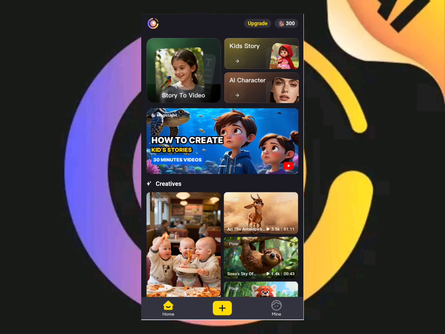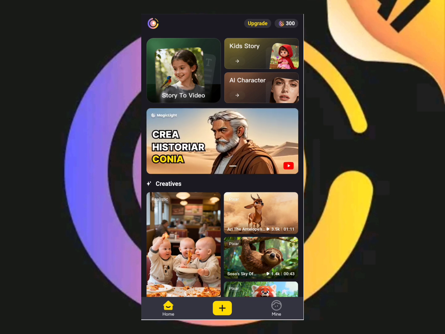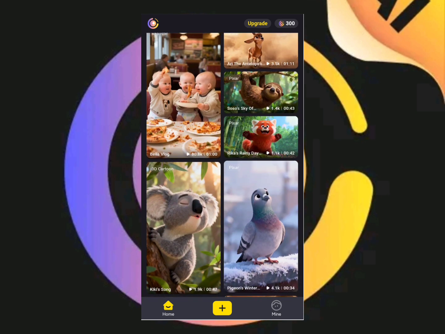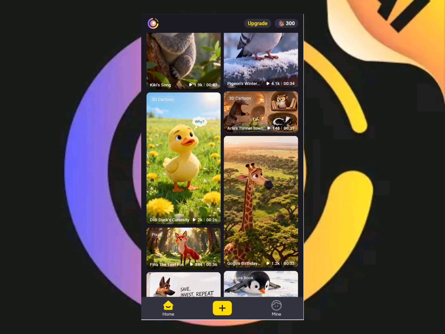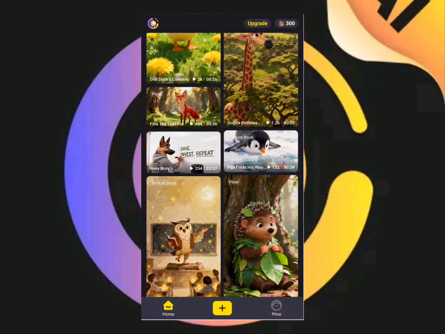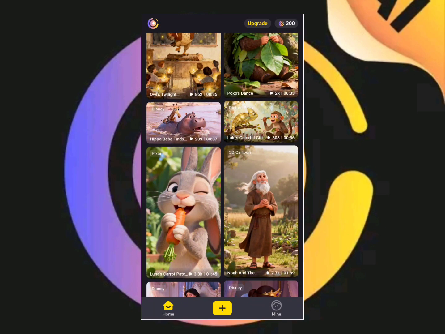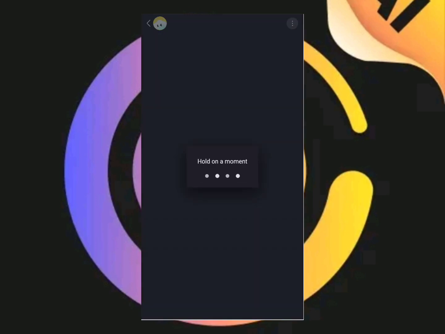So first, before anything, make sure you log in with your Google account or whatever the case is. As you can see here, there are quite a lot of animations going on. These are just some preset animations by the application, and I can see the results they're getting by using it. And if I tap on this one, for example,